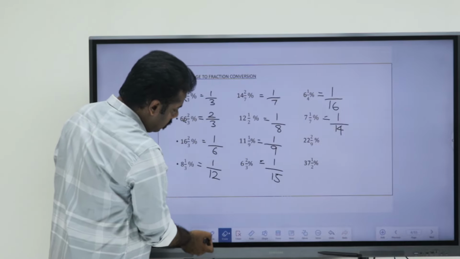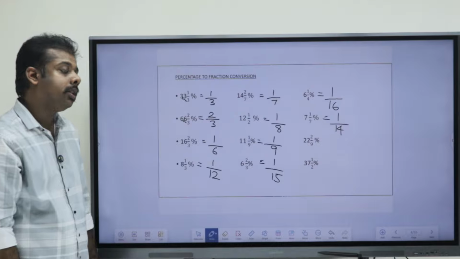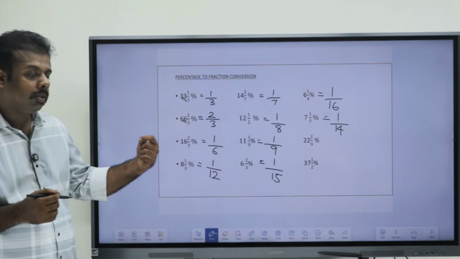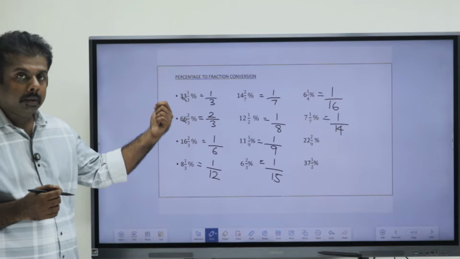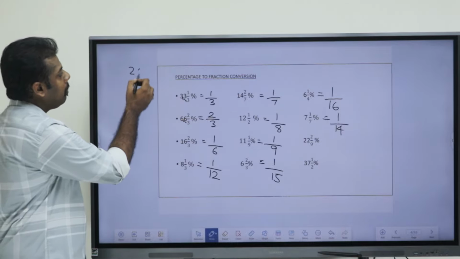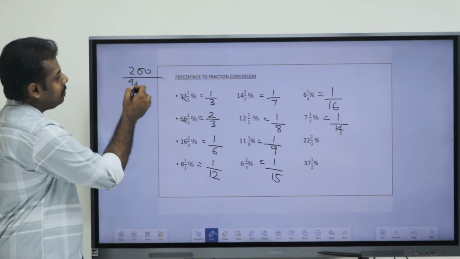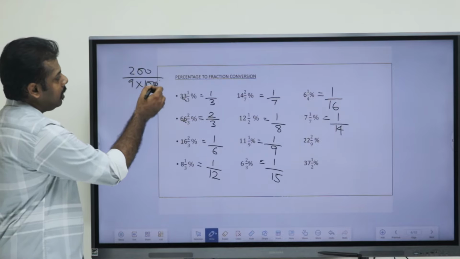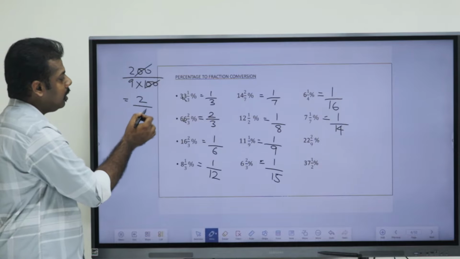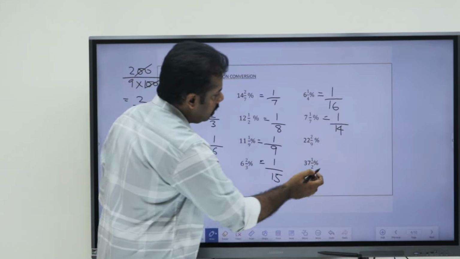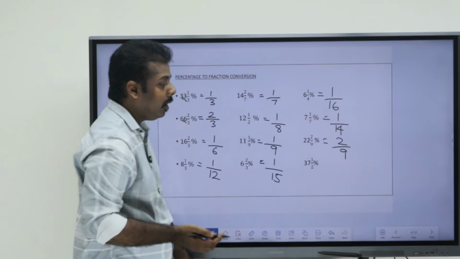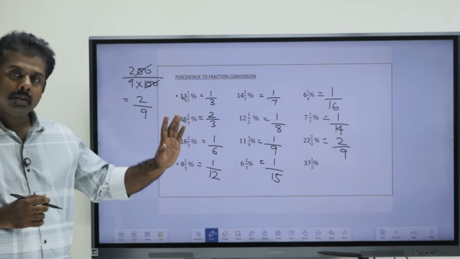Okay. So 22 2 by 9 percentage. So first take the product. 22 into 9 gives us what? 198. Okay. Then plus 2 gives us 200. So 200 by 9 into 100. Okay, so if you are just cancelling out the 100, what is the fraction part that we are getting? Yeah, so we are getting 2 by 9. Okay, so this is also an important case, that 22 2 by 9 percentage gives us 2 by 9